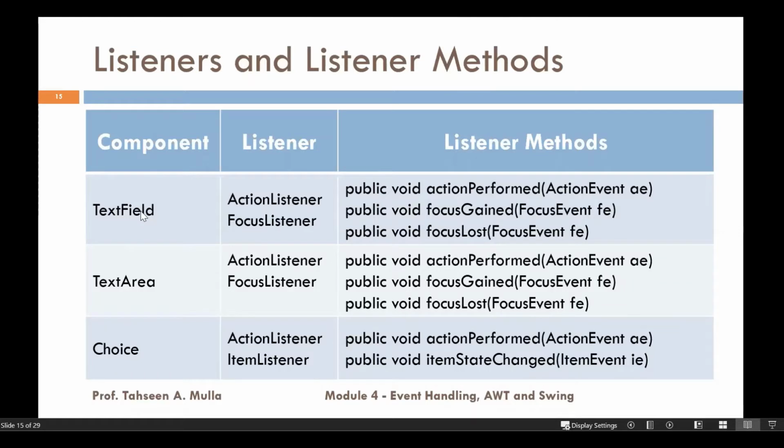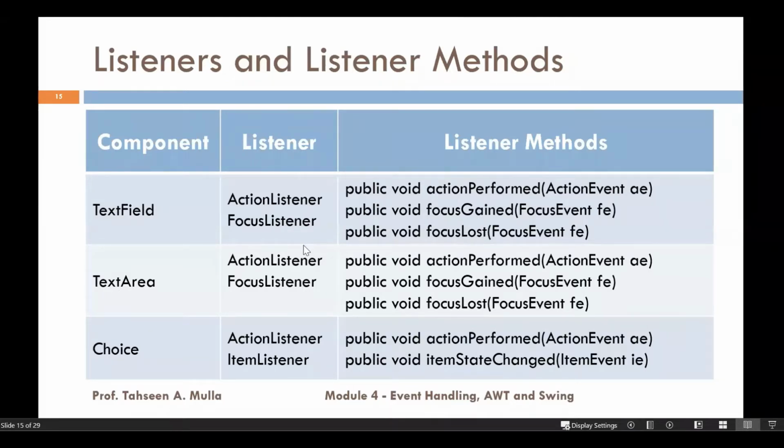And to have some action, I'll be using a focus listener. Whenever you press tab, your cursor is moved from one component to another, right? So this is nothing but the focus listener. And the action listener is called whenever you want to perform some action on it. So depending on these two listeners, you have action performed as a method of the action listener, and for focus you have focus gained and focus lost, right?